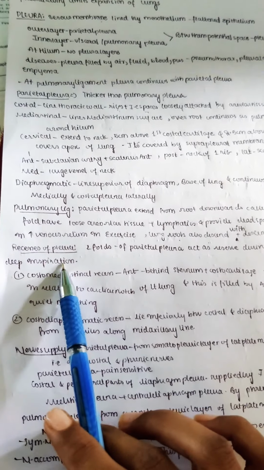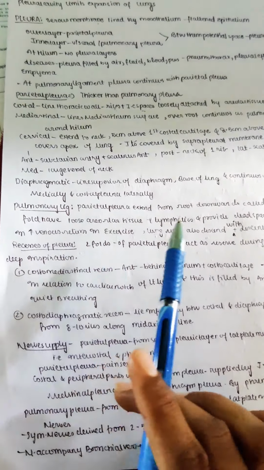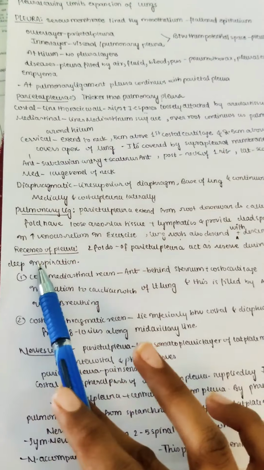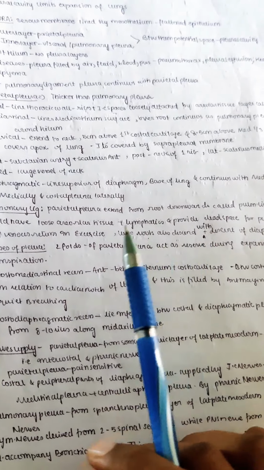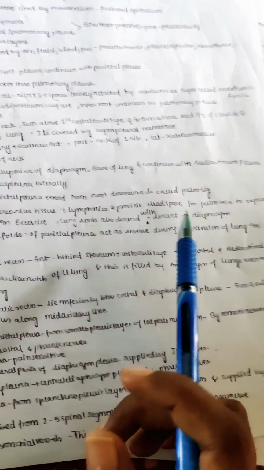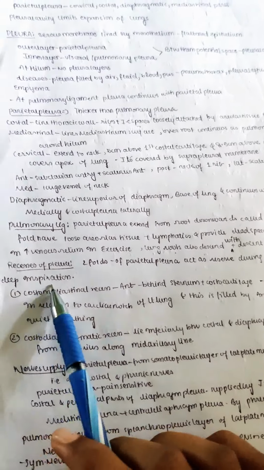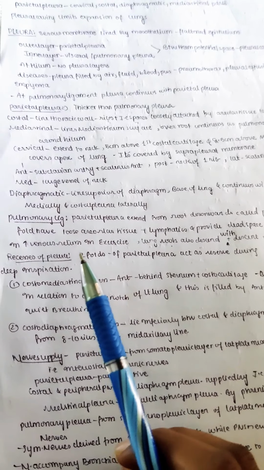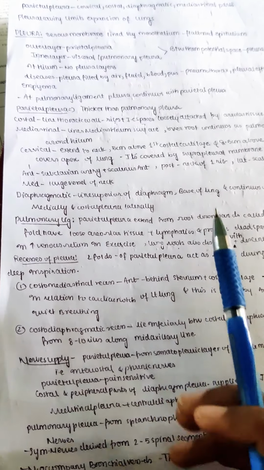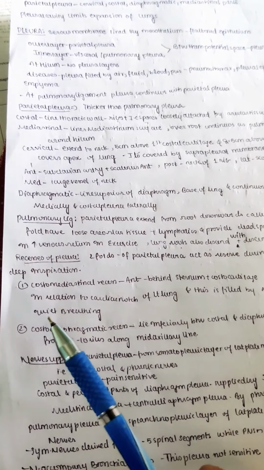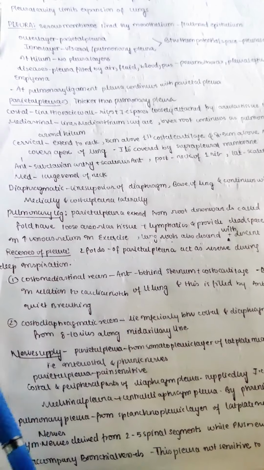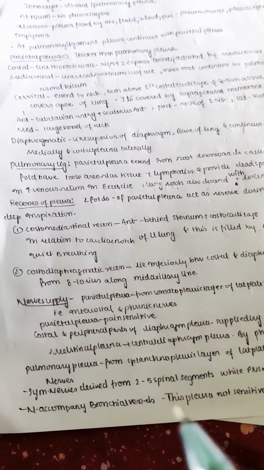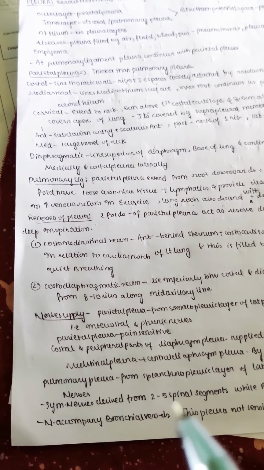Now we will see the recesses of the pleura. The pleura has two recesses. What are recesses? A recess is nothing but two folds of parietal pleura. The parietal pleura folds two times and acts as a reserve during the expansion of the lung in inspiration, especially in deep inspiration. When you are having deep inspiration, we need more space inside so that we can accommodate more air. That is mainly formed by the recess, which is the two folds of parietal pleura. We divide the recess into 2 types: the costomediastinal recess and the costodiaphragmatic recess.